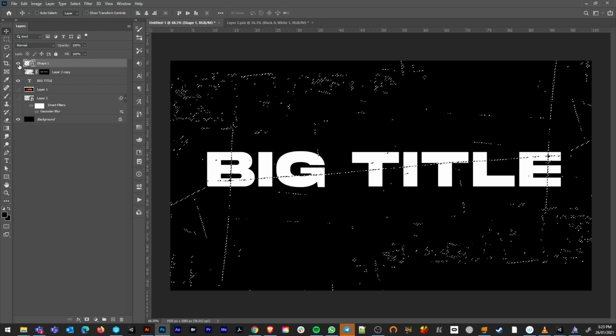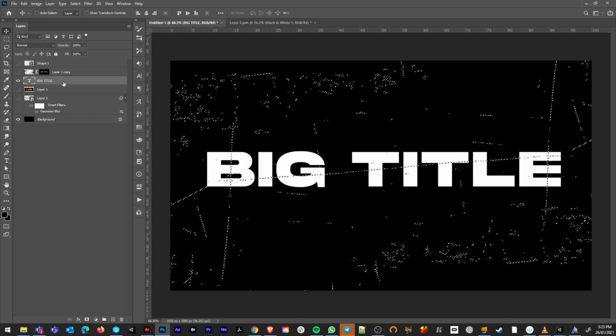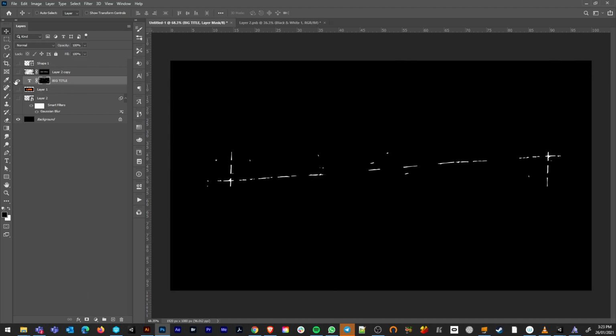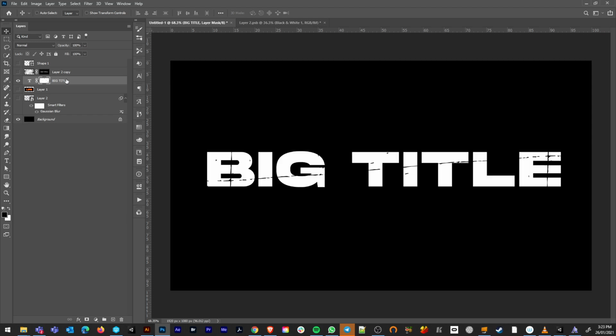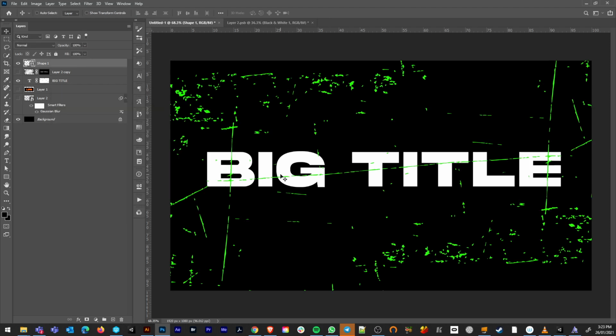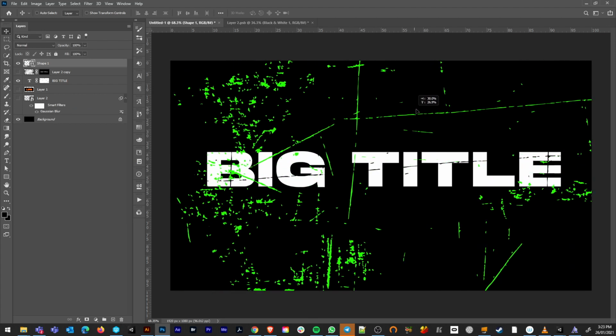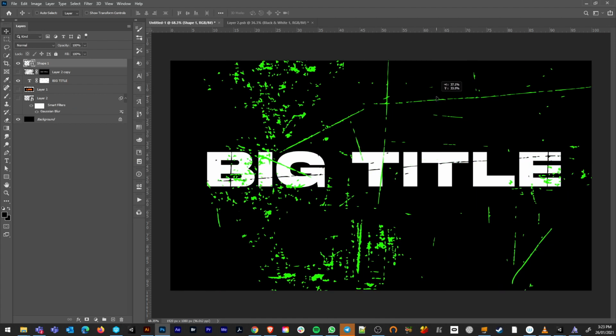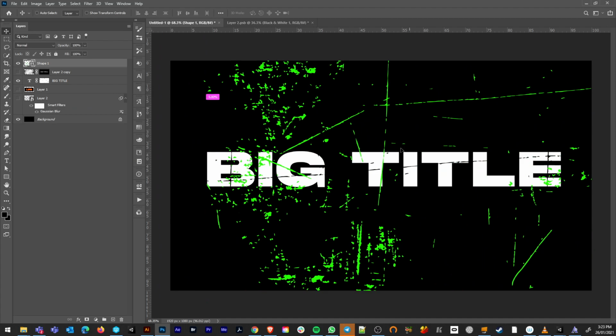I'm going to select it like that. Then my text selected. I'm going to hit layer mask. I'm going to invert that layer mask. Now I've got that cut through it. Now I'm going to make this noise a bright green so I can see where it is. Let's get another bit of it going across there